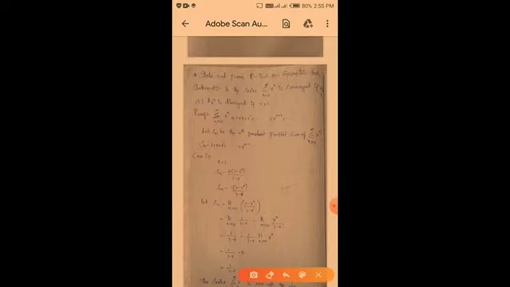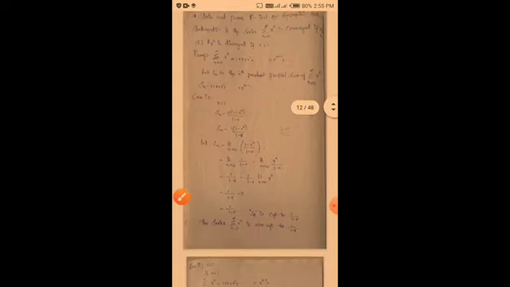Here, what we wrote is, look here, limit n tends to infinity. So 1 minus r to the power of n, this can be written as 1 by 1 minus r minus r to the power of n by 1 minus r. Okay, we write it like this. Okay, so limit n tends to infinity 1 by 1 minus r minus limit n tends to infinity r to the power of n by 1 minus r.